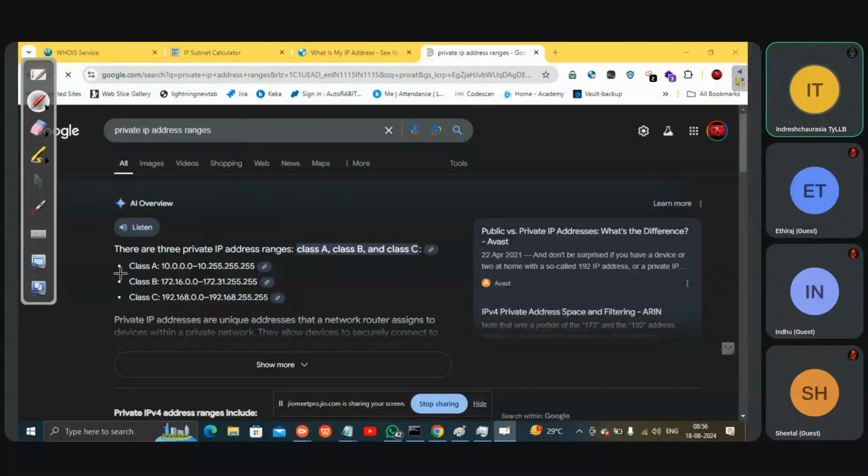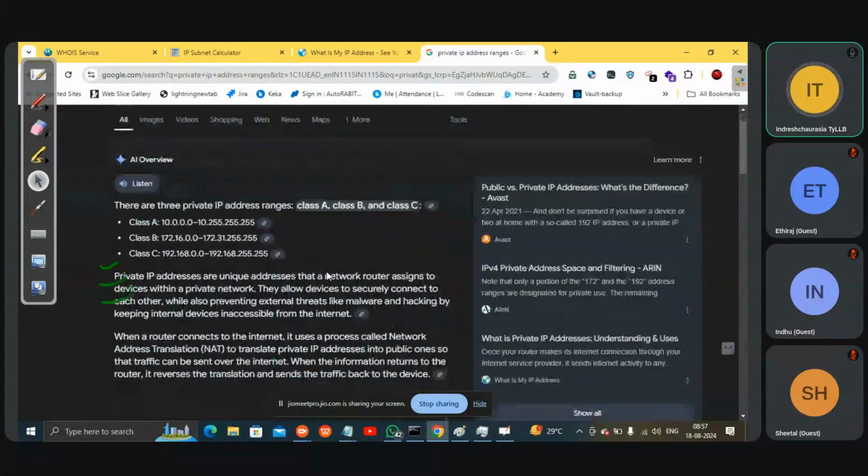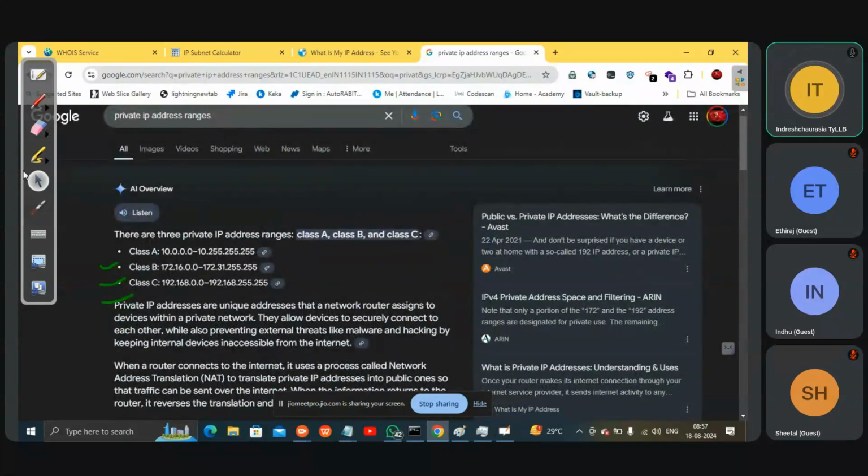Now when we are seeing this thing, can you see this one? This is a private IP address range. You see class A, class B, class C. So you don't see any other IP address apart from this on your laptop or any computer.